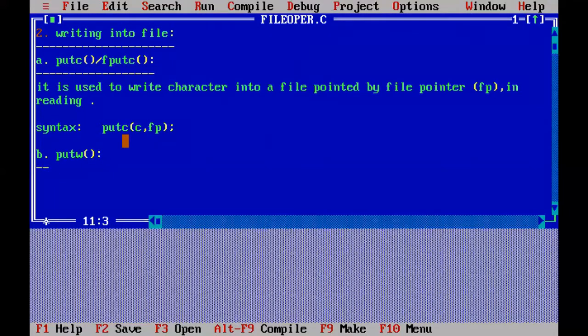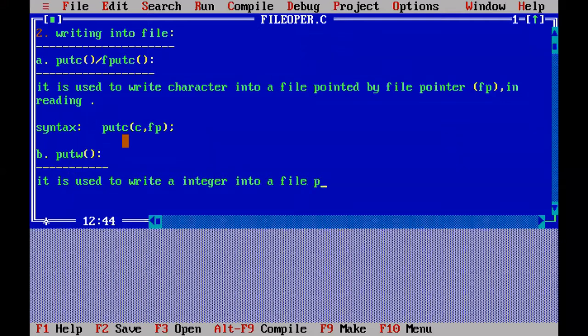This function is used to write an integer, only one integer at a time, into a file pointed to by fp, the file pointer, that file pointer created in step 1.